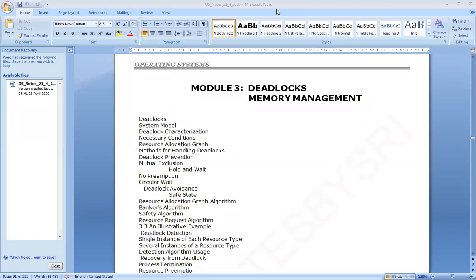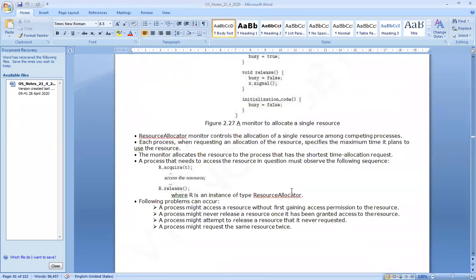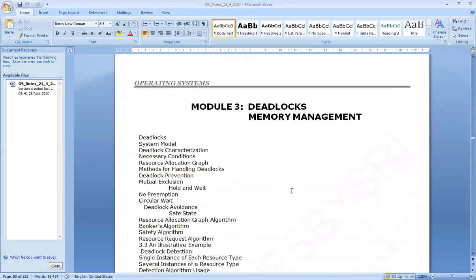So, today we're going to start a new topic, as I said in the last class, that is deadlocks and memory management. What we're going to study in deadlocks and memory management, I briefly explained in the last class. In the last class, we also studied process synchronization and process management, and we discussed semaphores, then monitors, the critical section problem, and the classic problems of synchronization. Many other things we discussed.